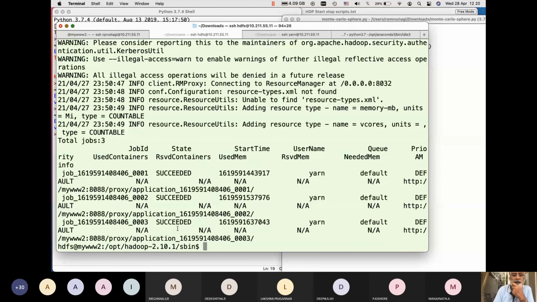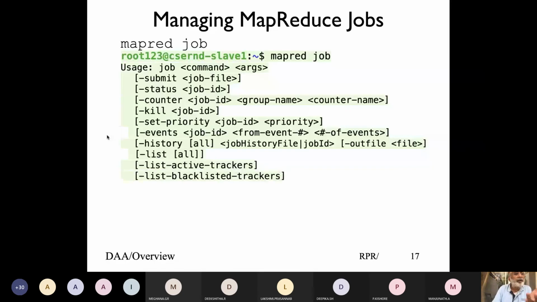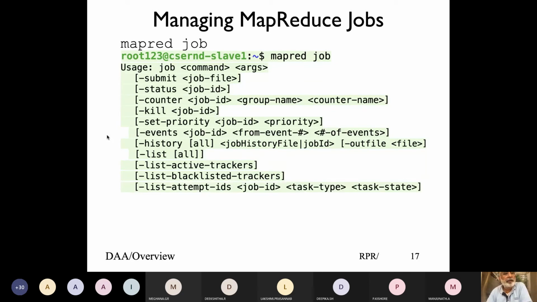So we did 3 jobs. First was with 1,000, 10,000, 100,000, and you can see approximately the job history. This is job 1, job 2, and job 3. And then you can look at the status of each job and it will give you the information on what that took. Again, it is very easy for me to show you, but unless you run it yourself, you probably won't appreciate or understand the way things work. So I would say set up a Hadoop cluster on a laptop, single node. Don't run a heavy job, run a very small job and see how it works.